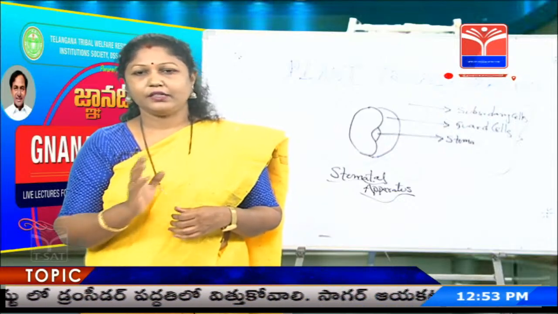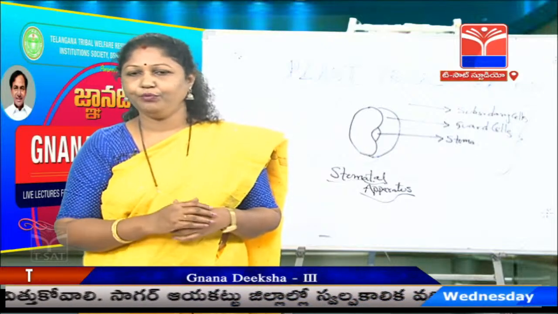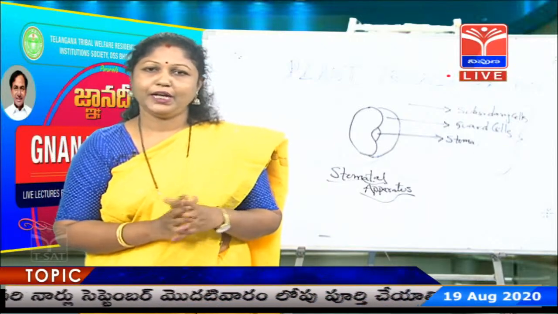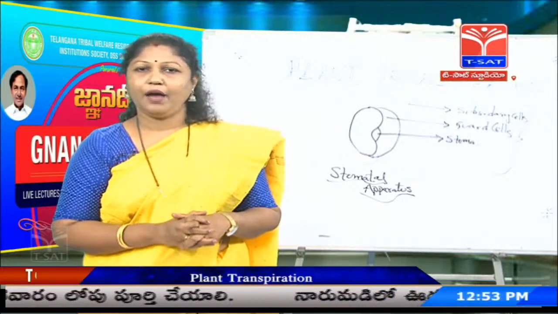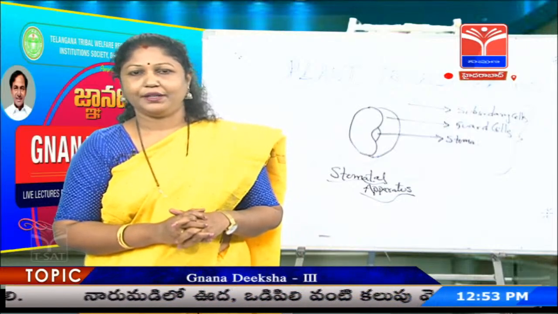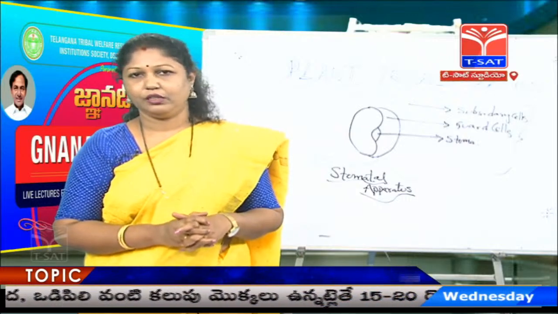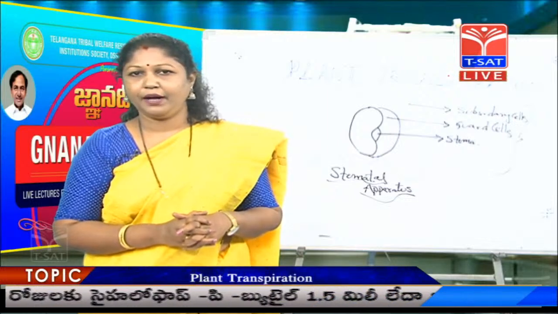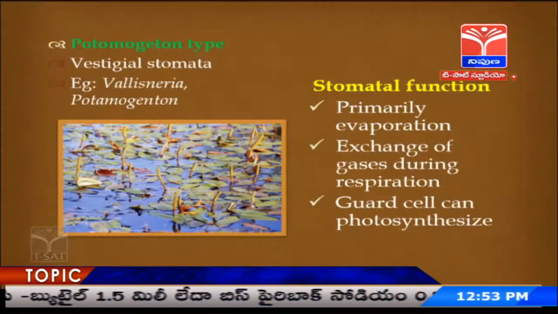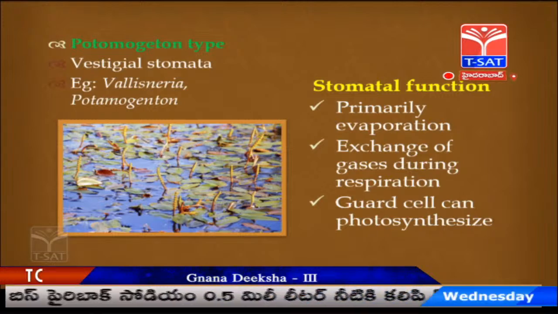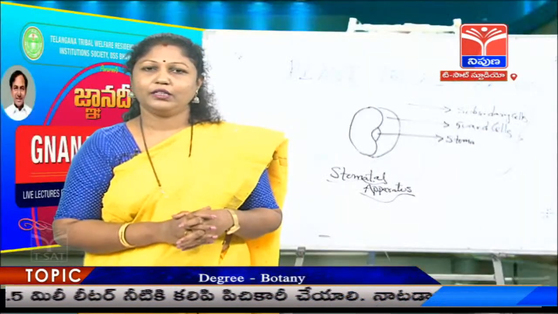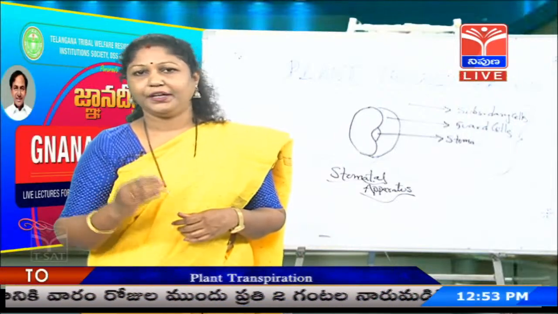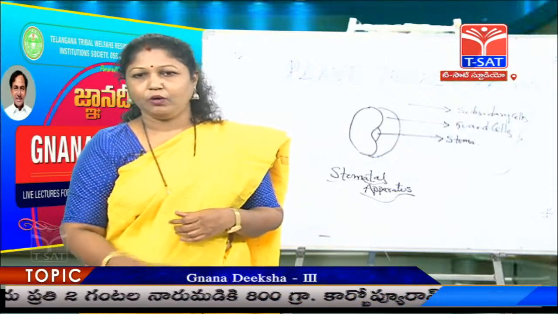Next one is exchange of gases during respiration and during photosynthesis. And one more thing is that when we talked about the guard cells, that is the specialized epidermal cells, these guard cells will have chloroplasts in them. This is one of the characteristic features. So, they can photosynthesize, they can produce their own food, besides the mesophyll region of the plant leaf. So, we find that, but the number of chloroplasts is quite different. If you look into the guard cells, the number of chloroplasts per guard cell can be 10 to 15, whereas in a normal mesophyll cell, it ranges from 30 to 70. Okay.